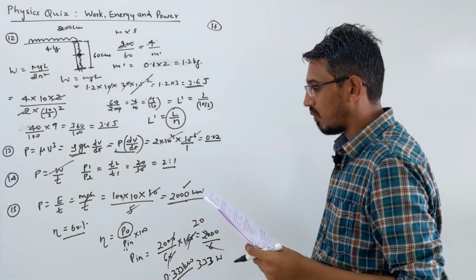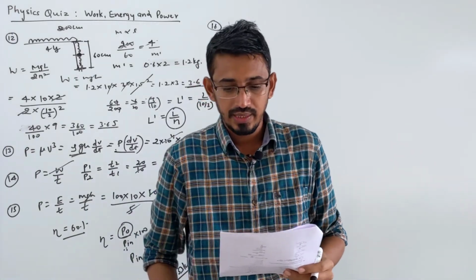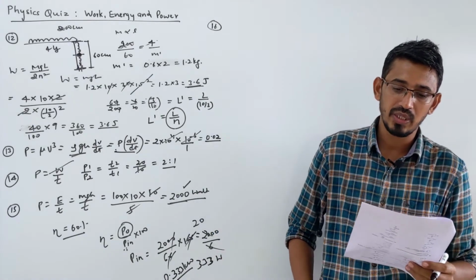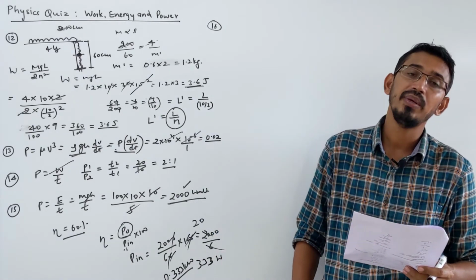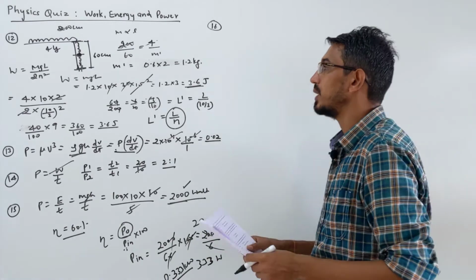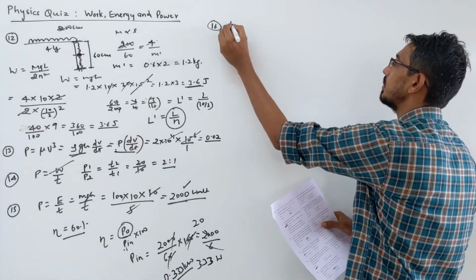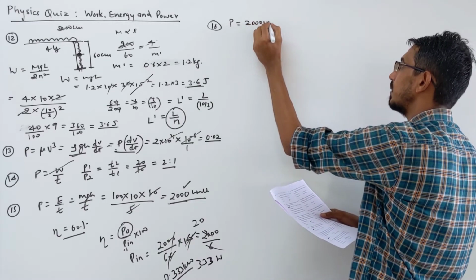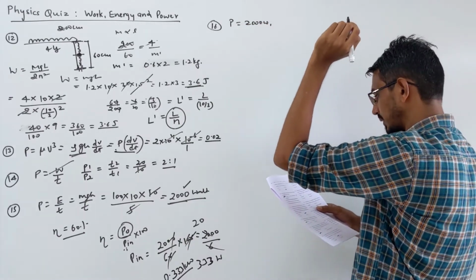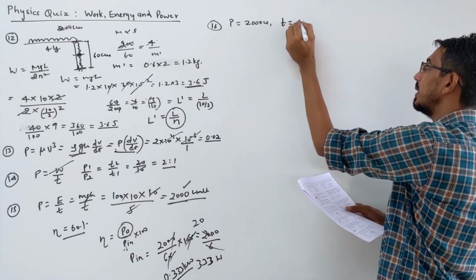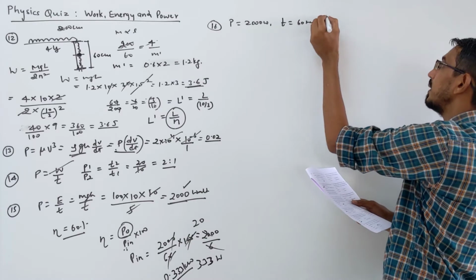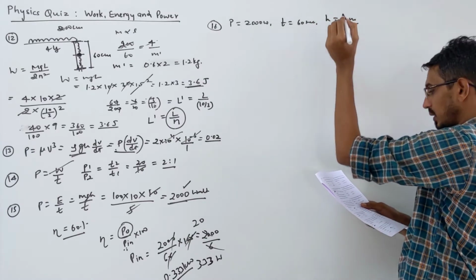The power of a water pump is given as 2 kilowatt, and g is given as 10 meter per second square. The amount of water it can raise in 1 minute to a height of 10 meter is how much? Okay. So what is given to us? Power given. Let's put values. So power is given 2 kilowatt or 2000 watt. g is given to us. They are asking in time, given 1 minute, 60 second, and what else is given? Height given, 10 meter.